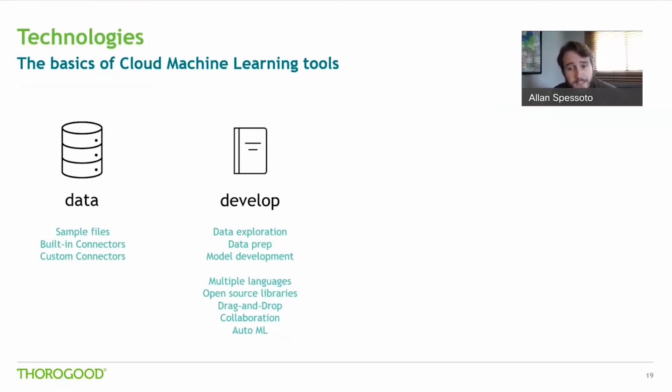And then finally start testing different algorithms and building your models, right? Like we just saw, this can be done using a mix of drag and drop features, but also code in different languages like R or Python or SQL. And the nice thing is that in these tools, all of that can be done in a collaborative way, meaning you can have multiple people working the same experiment at the same time, see each other's code, etc. And lastly, some of these tools will offer something really neat called AutoML or automated machine learning, which will test different algorithms and features and parameters for you and help you choose what works best for your use case. So that can really help speed things up sometimes.